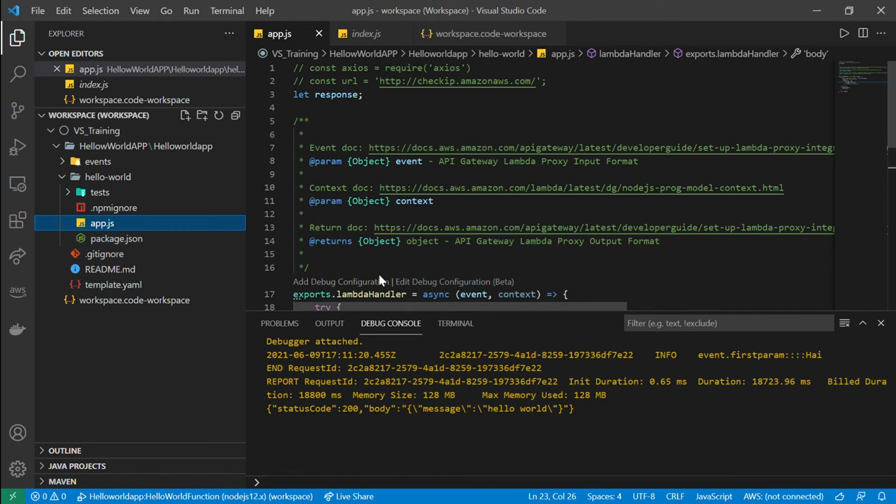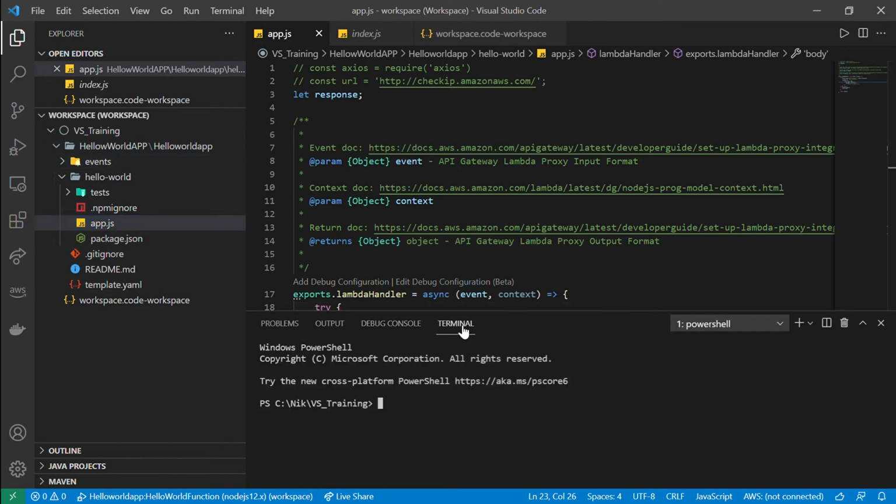Sorry, it will not download the modules. So for that, what you have to do, you have to go to this particular folder, this hello world folder. You can get into this hello world folder,